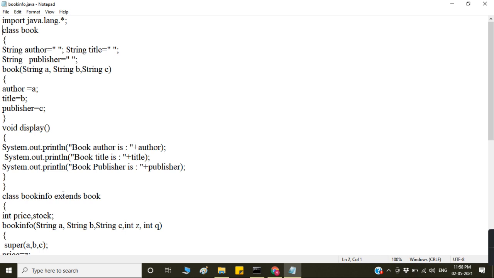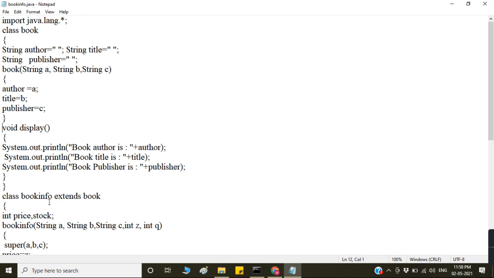After that, we have the subclass, that is BookInfo. How do we do inheritance in Java? Using the extends keyword, followed by the superclass name. BookInfo is the subclass and Book is the superclass. The subclass has its own variables, price and stock.